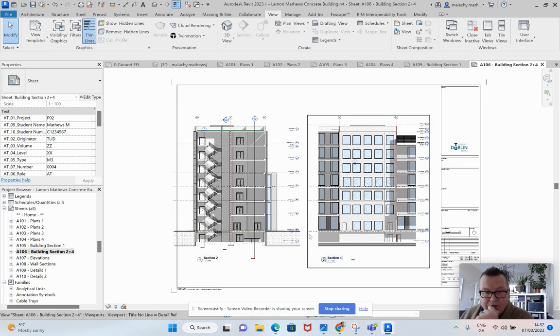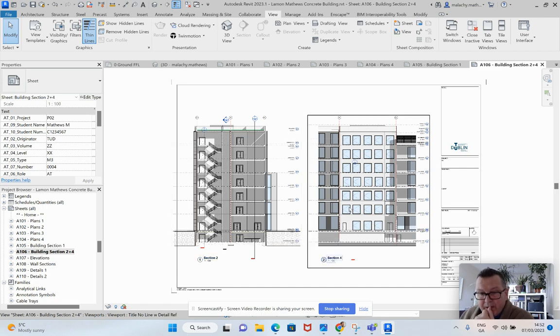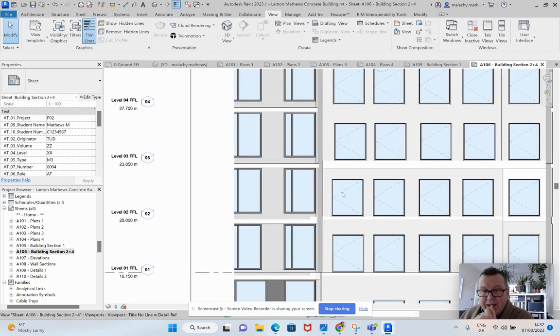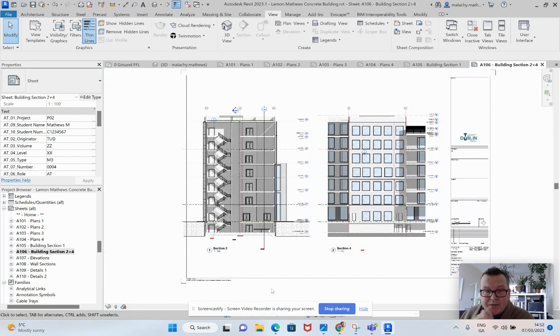This is actually a wall section here, and this is a building section. It could be a wall or building. The point of this one here was to get in and see what's going on in there as well. All right, so there's those ones. Here's my